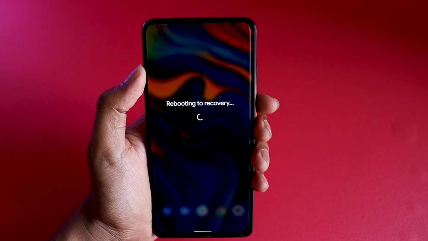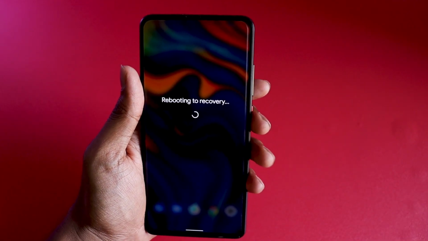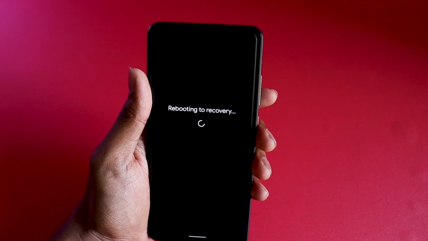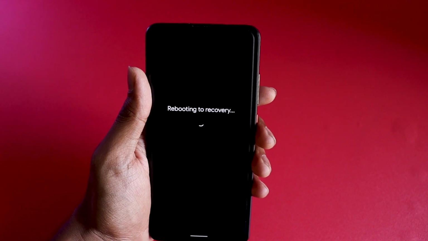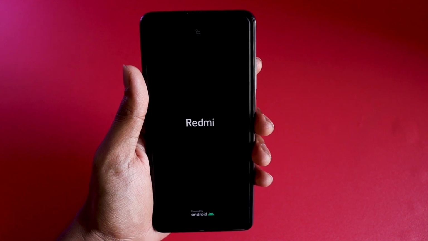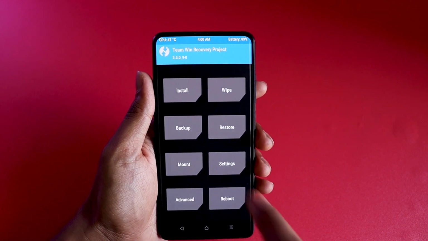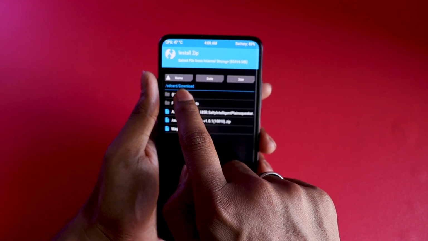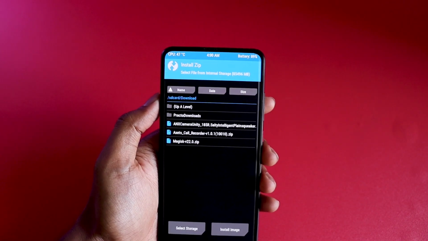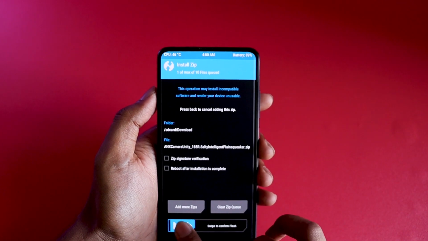For your reference, I have already downloaded the zip file and it's already present in the memory card of this phone. So if you haven't downloaded it, check the link in the description, download it first and then put that zip file in your phone and boot to recovery. And I'm hoping that you have some kind of custom recovery to boot into, because that is what you would require to flash it. So once you are here in TWRP or any custom recovery, go to the install section and find the zip file where you put it. For me it's under my SD card downloads, but for you it might be somewhere else. So make sure you go to the place where it is, and once there, select the zip file and swipe.